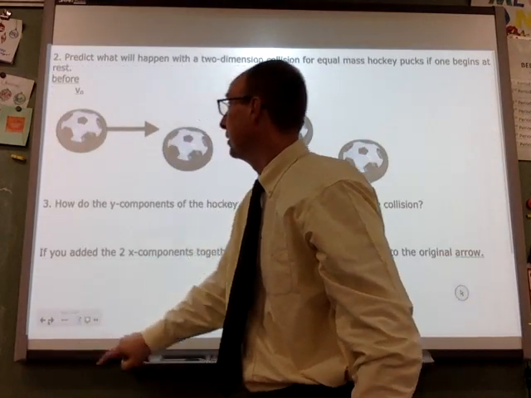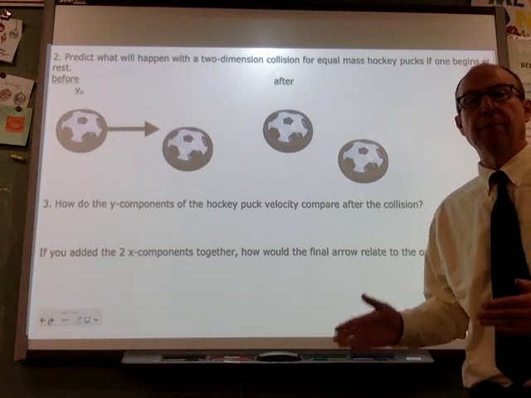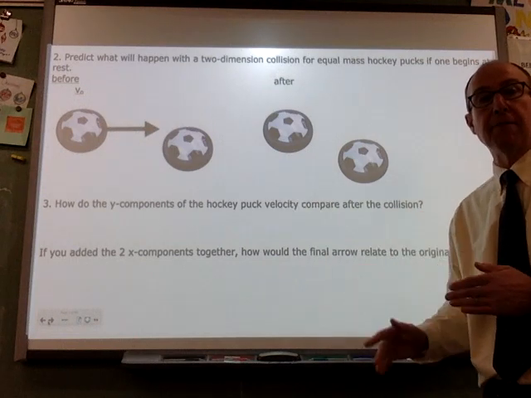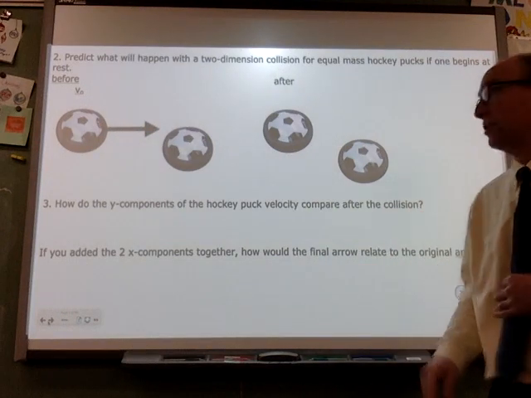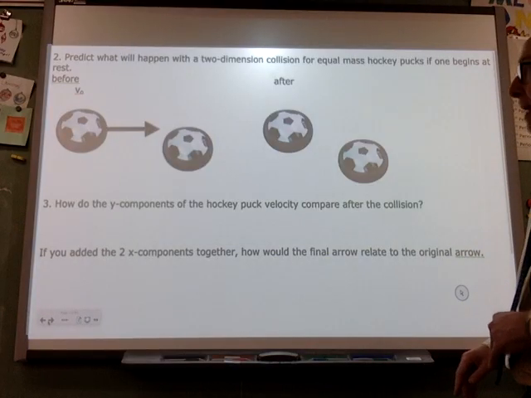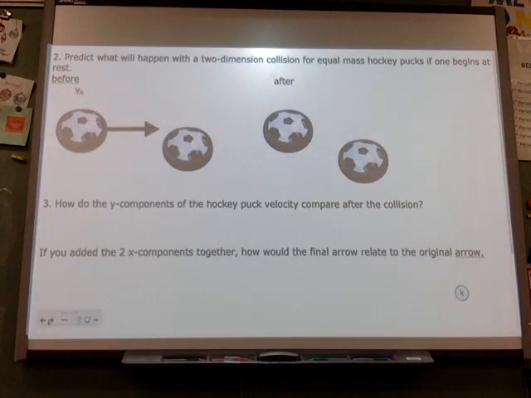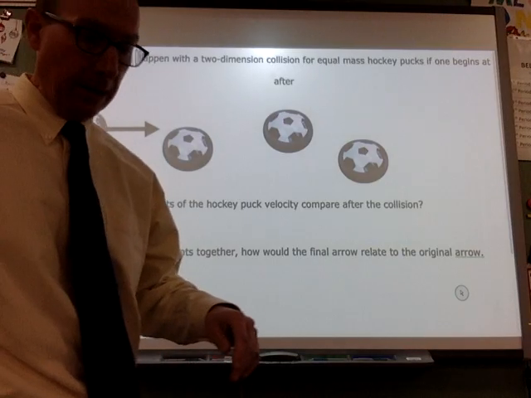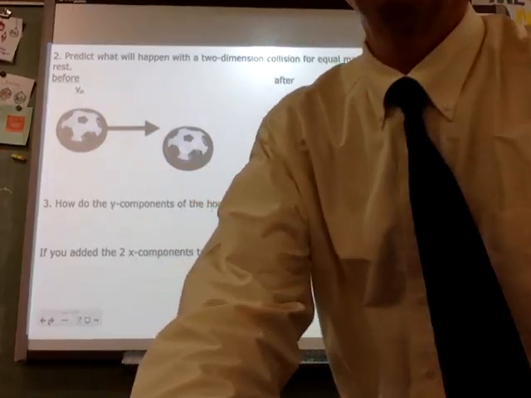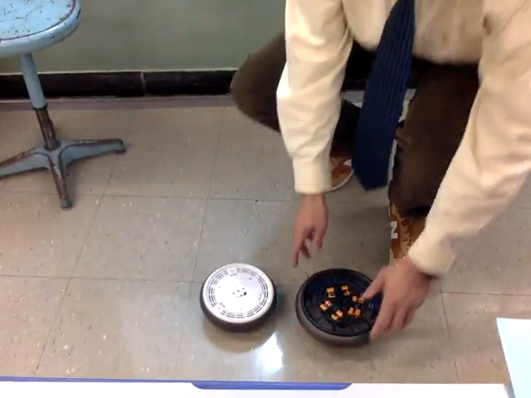All right, what if it isn't a direct hit? What if I don't have it just in line? What if it is a glancing blow? What do you think will happen to equal mass soccer balls that are colliding? So write down your prediction. Again, I'm going to pan this down, try to do the stuff right below. I know this isn't ideal, but